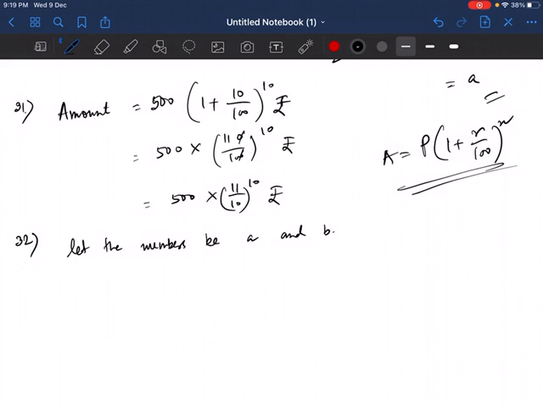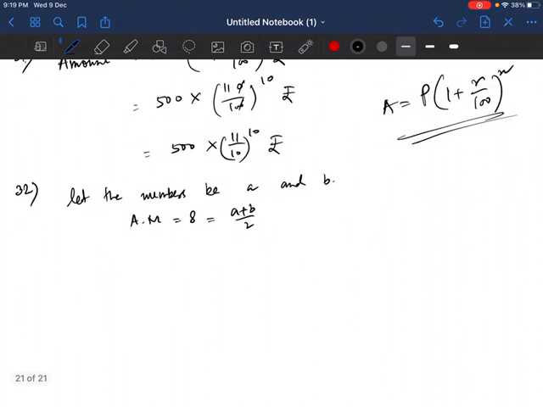So first thing, the AM is given as what? 8. Now AM is equal to 8. So 8 is equal to what? A plus B by 2. Right? This is my AM. And what is my GM? GM, that is equal to 5. And that is equal to root over of AB.